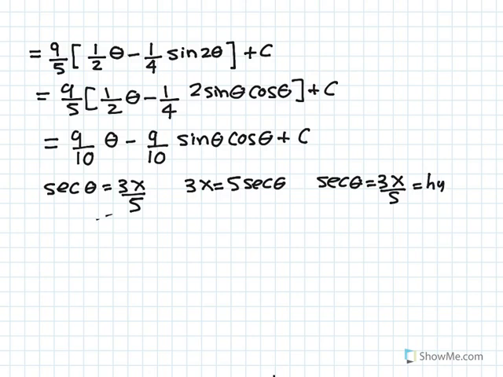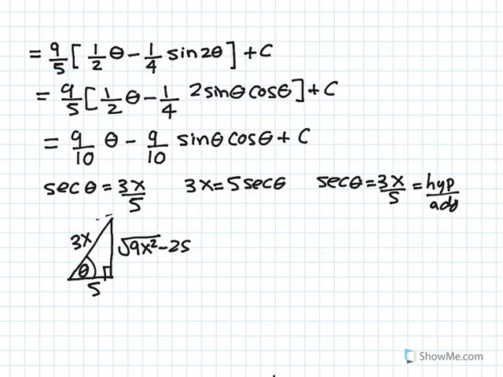That's hypotenuse divided by adjacent. So let's create a right angle triangle. Here's theta, here's 90 degrees. Sec theta is hypotenuse over adjacent. Hypotenuse is 3x, adjacent is 5. Now apply Pythagoras and solve for the missing side. We'll get root of 9x squared